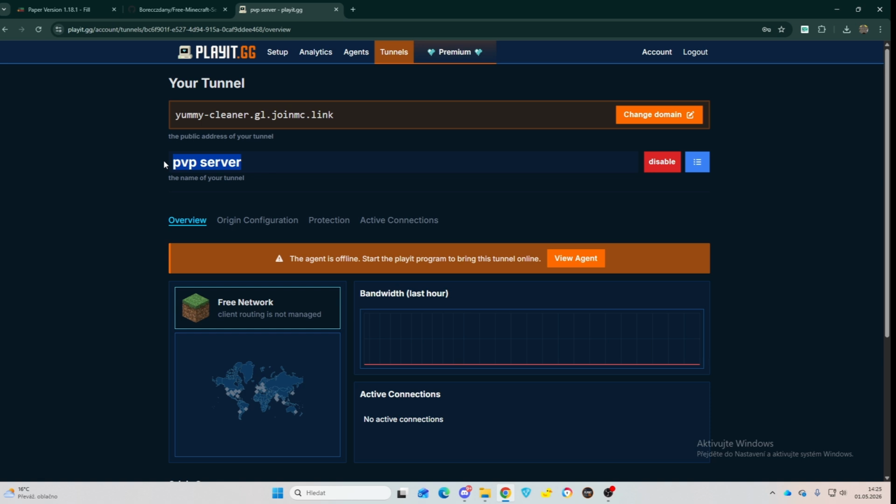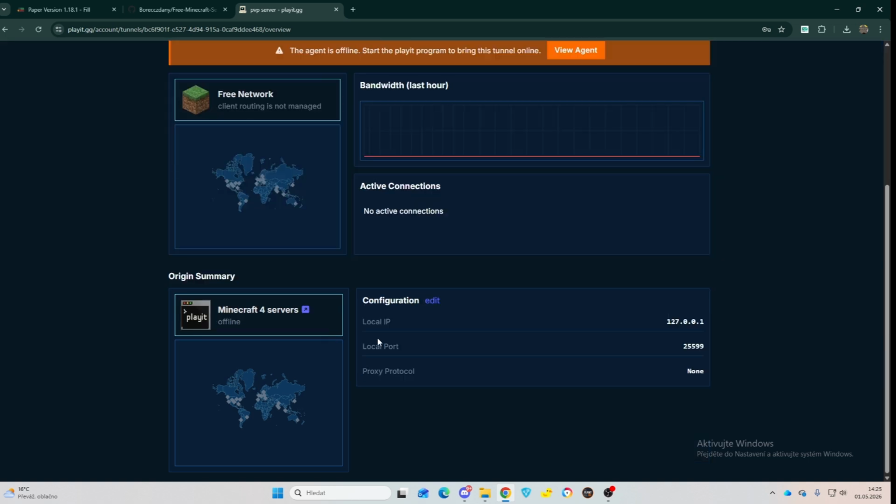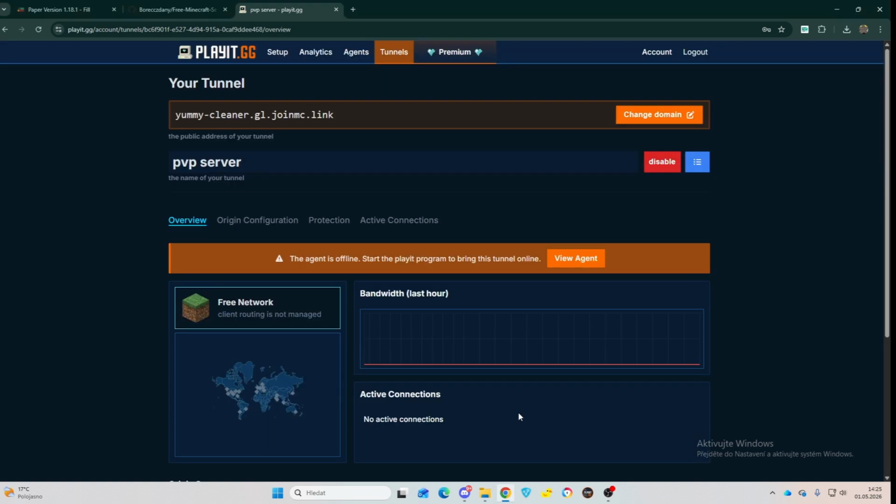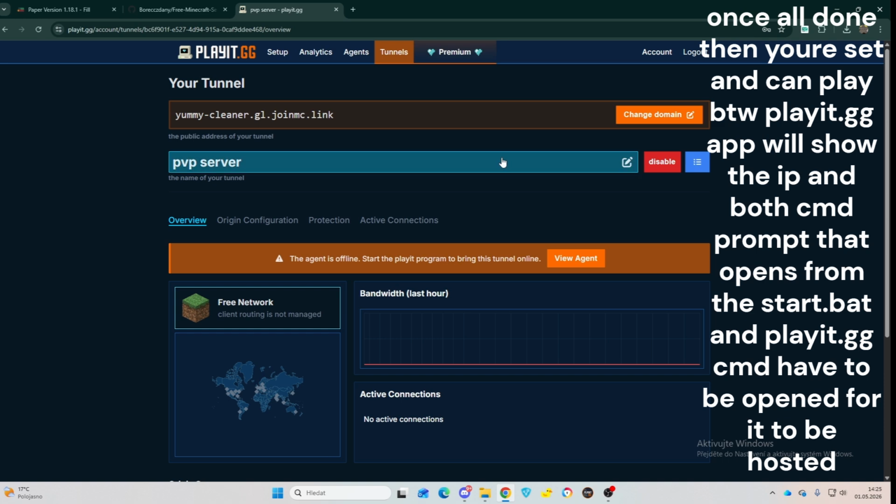And then you should have this. You choose what country. I recommend Germany, but then make sure that once it asks you for the port, make it the same port as you chose in the server.properties or in the app. I choose Java when you make one agent, because that's the only free one, the third one from the top left. And once you have this, then you're basically